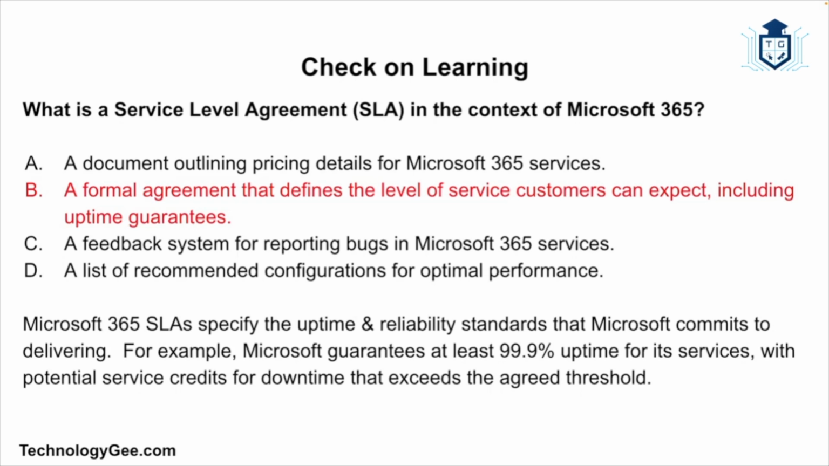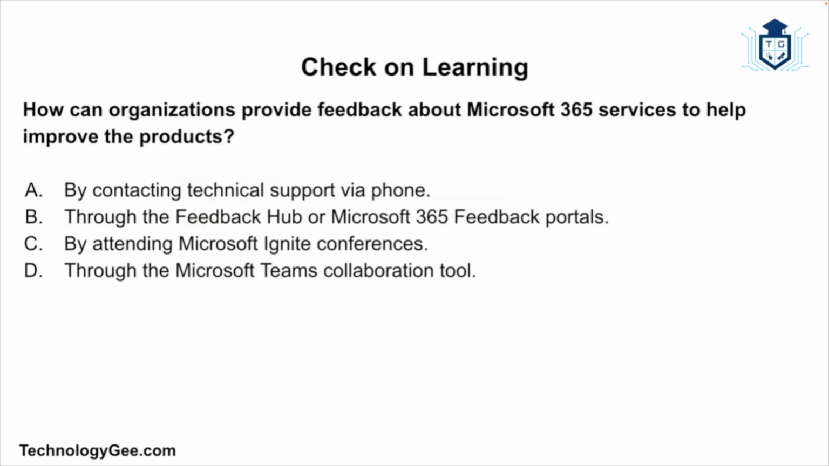uptime guarantees. So Microsoft 365 SLAs specify the uptime and reliability standards that Microsoft commits to delivering. So for example, Microsoft guarantees at least 99.9% uptime for its services, with potential service credits for downtime that exceed that agreed threshold. And our final question, how can organizations provide feedback about Microsoft 365 services to help improve the